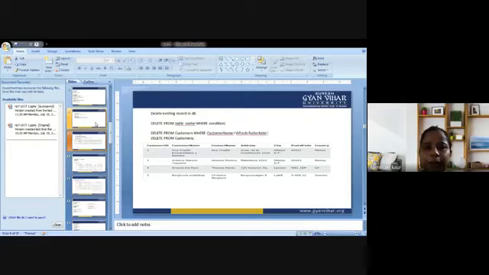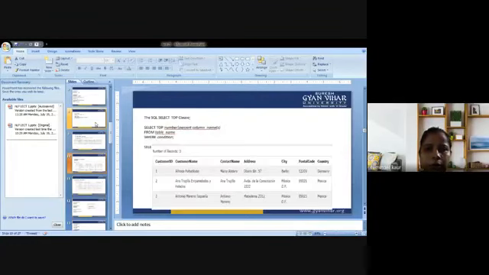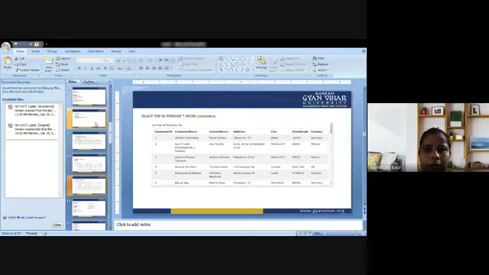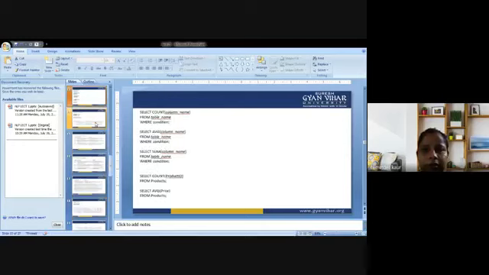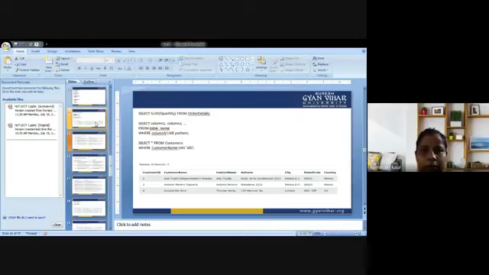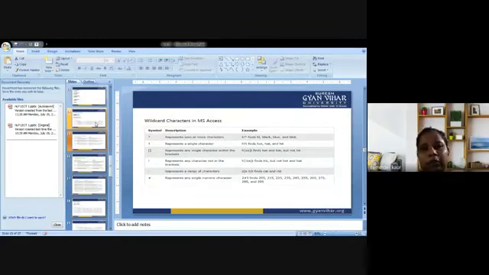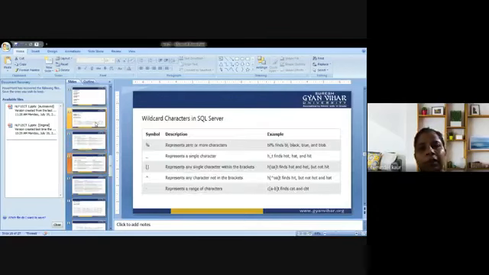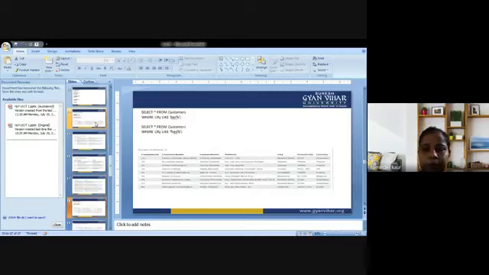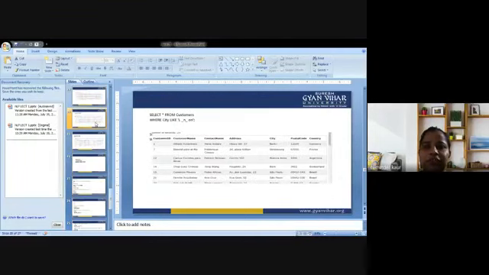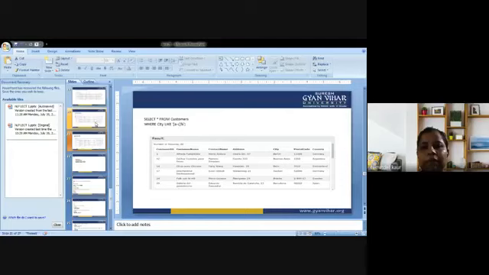We started from delete today, then select top, percent, then min, max, then count, average, sum, then wildcard characters. So we have dealt with wildcard characters. It could be related to the like operator. It could be various characters or various character representations. In addition, we have used the like operator. So these are the conditions related to wildcards that we have already done.